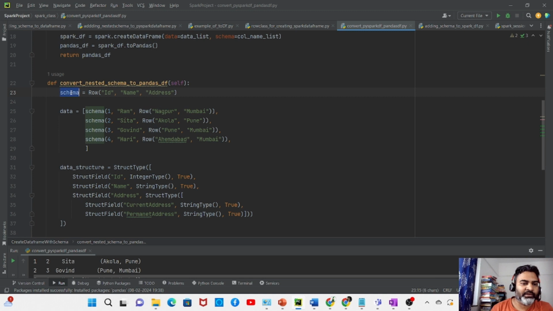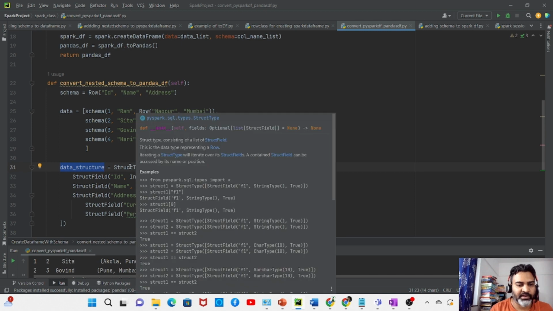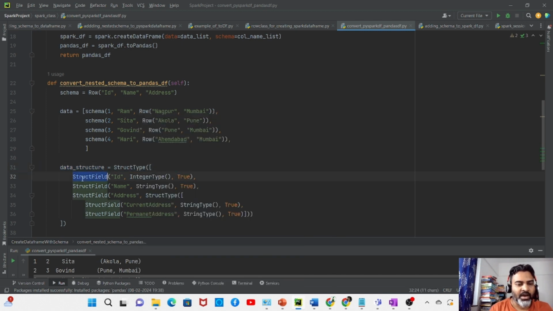We said that these are going to be my data attributes: ID, name, and address, whereas in the second part we are defining the data. So let's say for one it is Ram, and for the address we have again bifurcated into two different fields, where the values are Nagpur, Mumbai, Akola, Pune, Mumbai, Ahmedabad, Mumbai for each of the rows. Now in the second step we constructed a schema around this data. First we make use of StructType and StructField, which is basically used to define the attributes in the